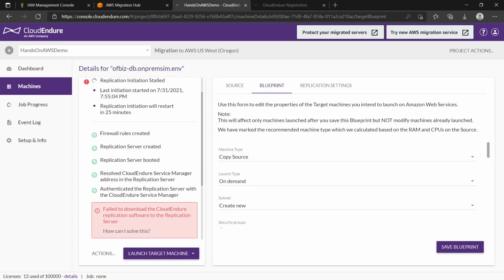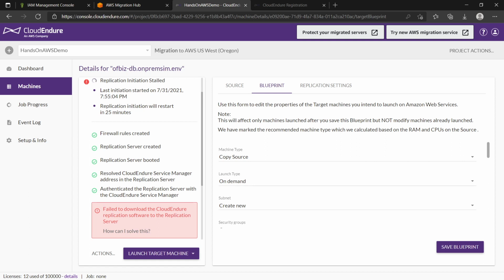So, like I was saying, when you install a Cloud Endure agent on your on-prem servers, it contacts the Cloud Endure service and then uses the Cloud Endure project settings that you have to connect to your AWS account and create the replication server infrastructure.